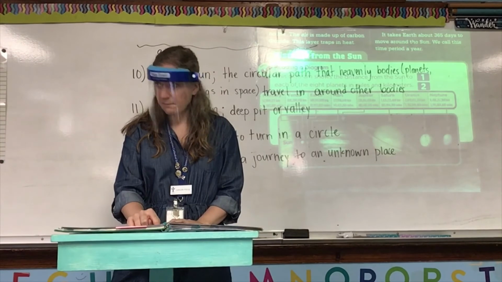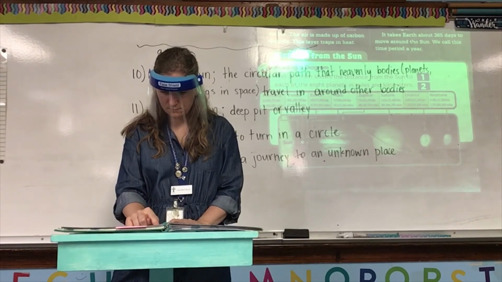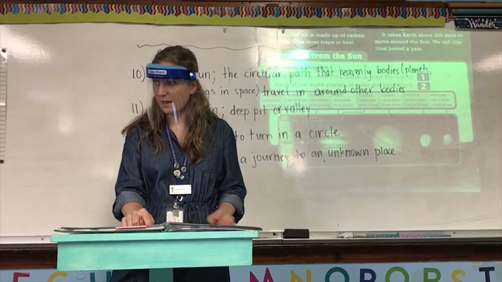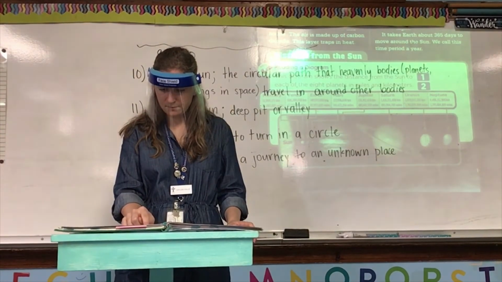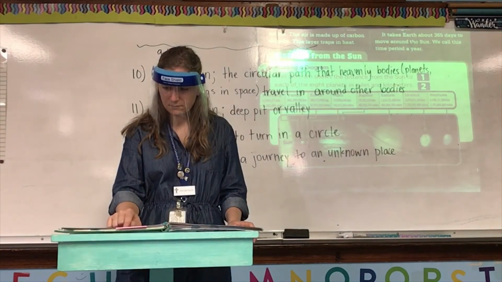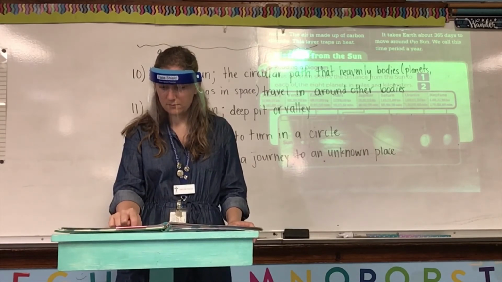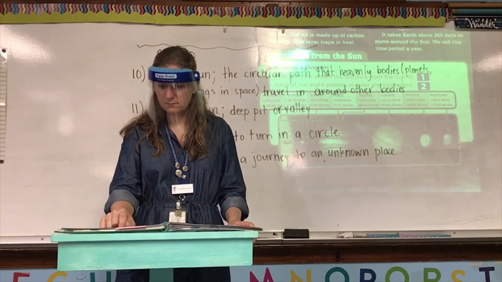A note about Pluto. Pluto was discovered in 1930 and was called the ninth planet. In 2006, the International Astronomical Union said planets must orbit the sun, have nearly round shape, and clear other objects in their orbit. Because Pluto's orbit intersects Neptune's, it was named a dwarf.